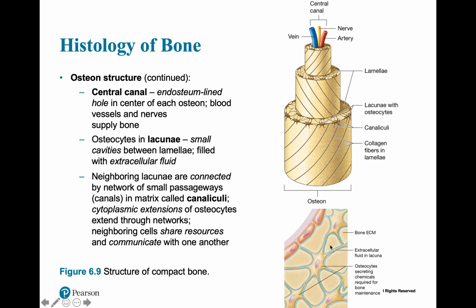Now the cytoplasmic processes of these neighboring osteocytes will be connected via gap junctions. And when you think gap junctions, remember sharing cytoplasm. It allows molecules and substances to be passed from one osteocyte to